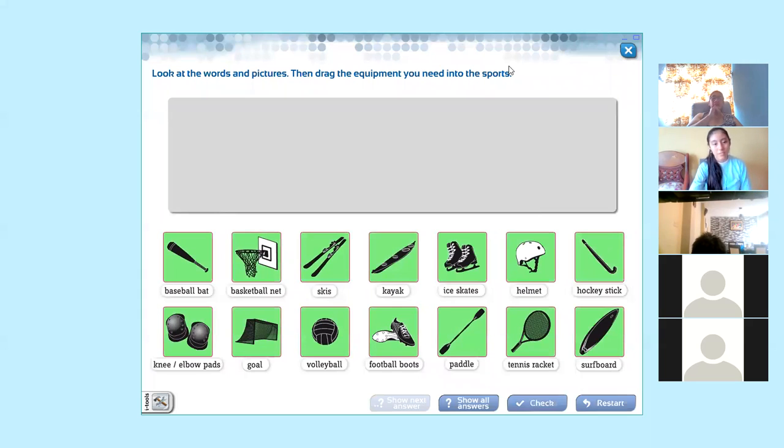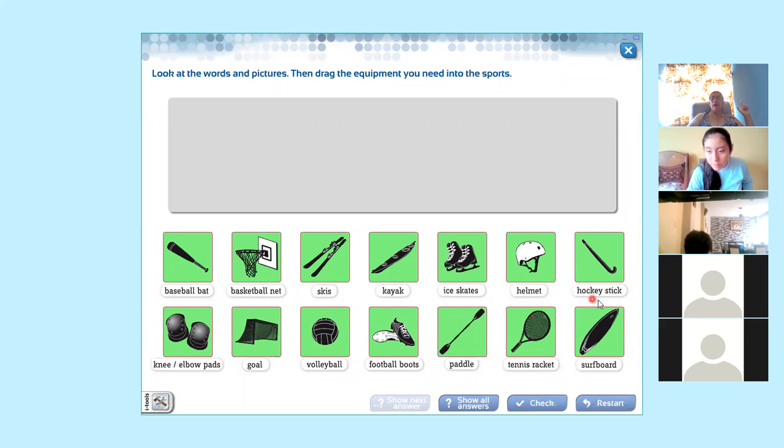Okay, so here you have the forms, okay? Remember that we have to read in this case. Okay, stop a minute, Bianca. I will take my control again. Thank you, Bianca. So here we have the words that we refer to this. A baseball bat, basketball net, skis, kayak, ice skates,